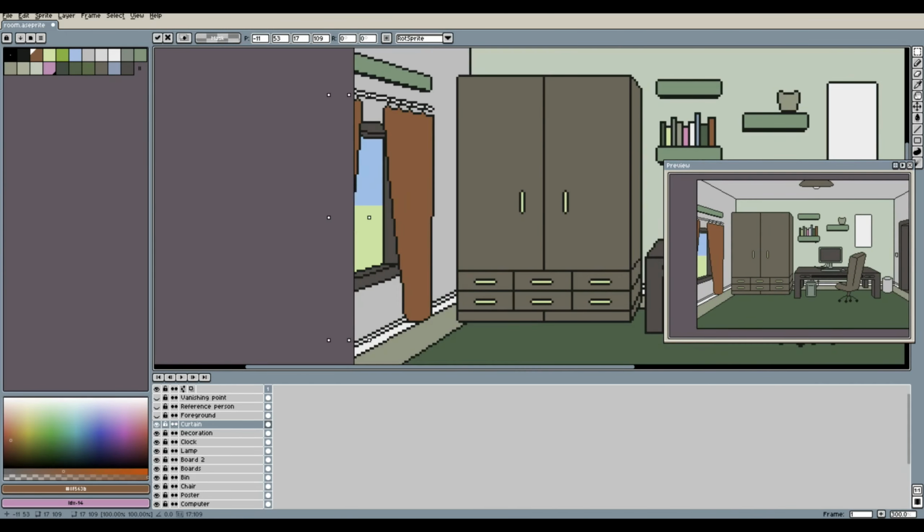Step number 5. The final step then is shading. This is the step where the overall image gets really a boost in overall quality of how it looks. And it is good to have done all the previous steps before so that you don't need to add more objects later on, which again might have an impact on the shading that you created before.